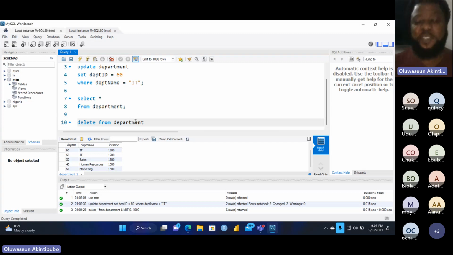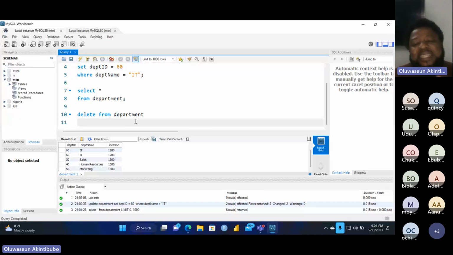All right. So we delete from department. If I don't put a where clause, what happens? It's going to delete everything, and I don't want it to delete everything. So we use the where clause. I say where department ID equals 20. So delete from department where department ID equals 20. If I run this now,